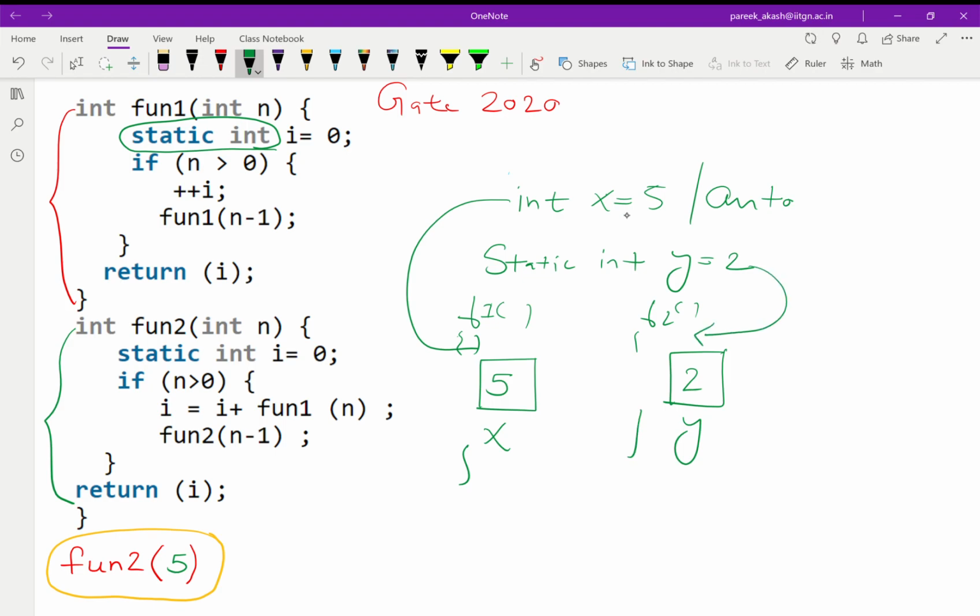So when the first time the function f1 is called with int x equals to 5, the initial value of x is 5. And suppose in this function I'm doing ++x, so I'm incrementing x by 1 and I'm returning it. So it will return 6.